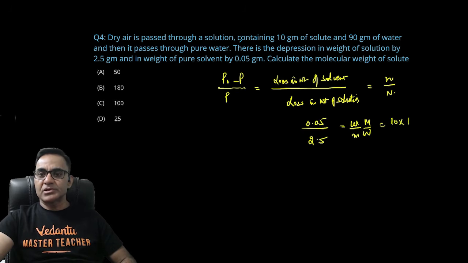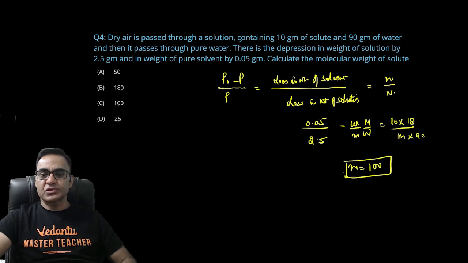यानी वाटर का मॉलिक्यूलर मास 18 होता है, स्मॉल m मुझे निकालना है, और कैपिटल W 90 ग्राम दिया हुआ है। यहां से m कैलकुलेट कर लो आप, और यहां से आंसर निकल के आता है 100 इज द मॉलिक्यूलर वेट ऑफ सॉल्यूट। सो योर करेक्ट आंसर इज सी।